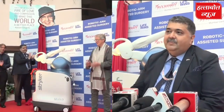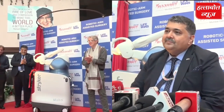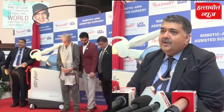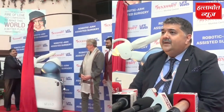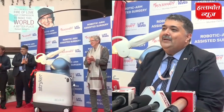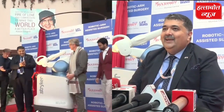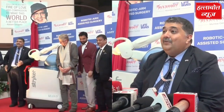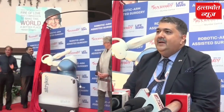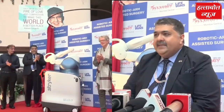With this machine, how many operations can a doctor do assisted in a day as compared to previously? So there will be a learning curve in terms of time. When Dr. Kollapi did it today, he already completed 2 surgeries within 4 hours. Our normal surgery takes about 3 hours for one surgery. I think when all the surgeons have finished their learning curve, which takes approximately 10 to 15 surgeries,